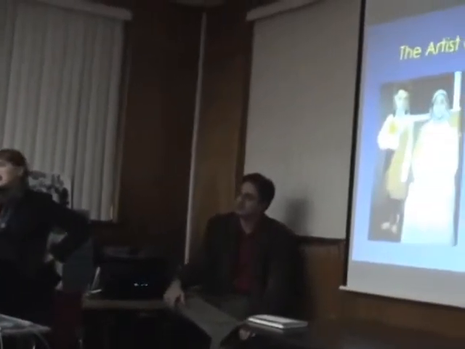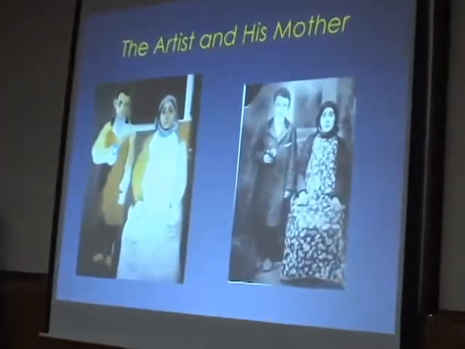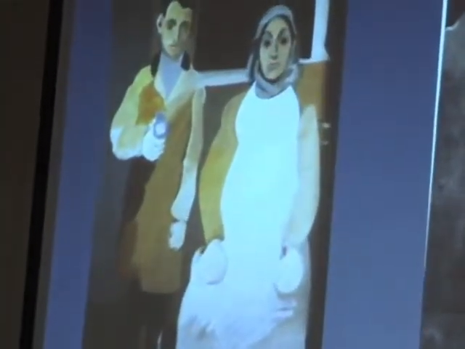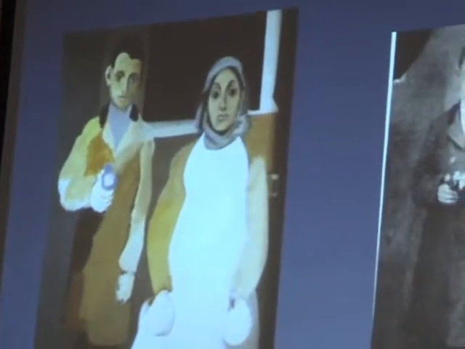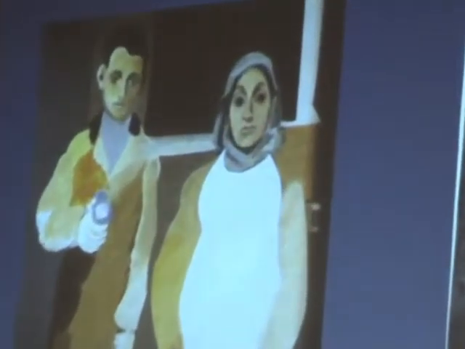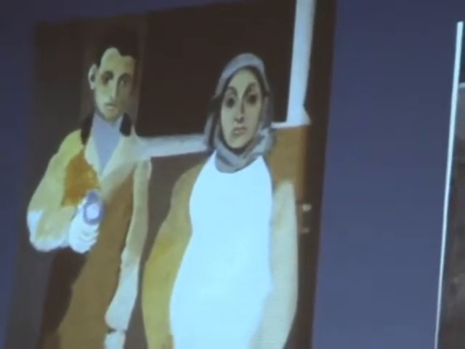Well, the challenge of the artist and his mother paintings is that he kept them. He kept them, and as late as '43, his wife saw him working on these. So the challenge is that he probably started this in 1926. Notice I didn't put the dates up there because I'm still on the fence about the dates. He probably started working on this in 1926, and that's partly